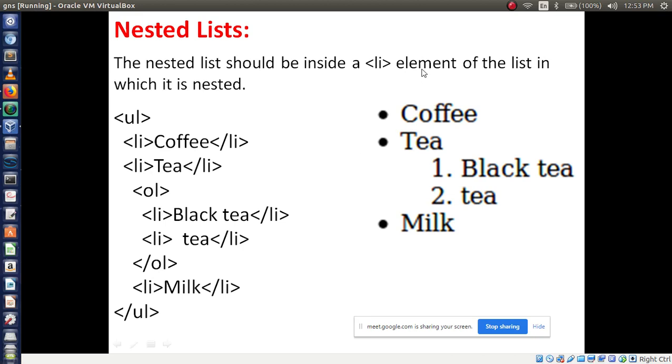Inside the li element of the list in which it is nested. Here we are nesting. Nesting means we are using one tag inside another tag. That is the meaning. Now you understood, Sujit?